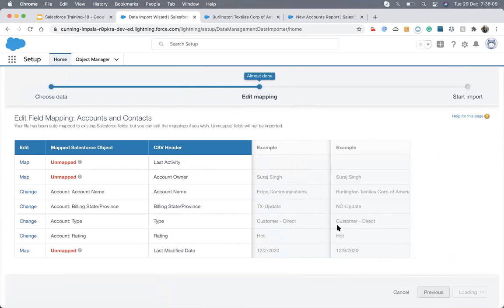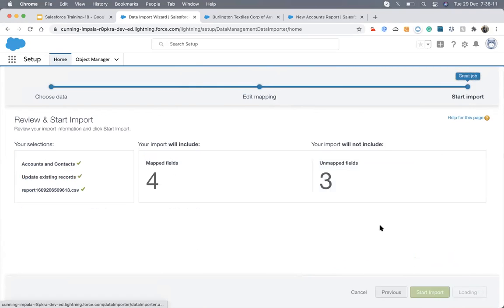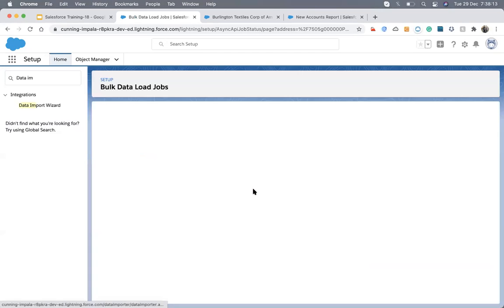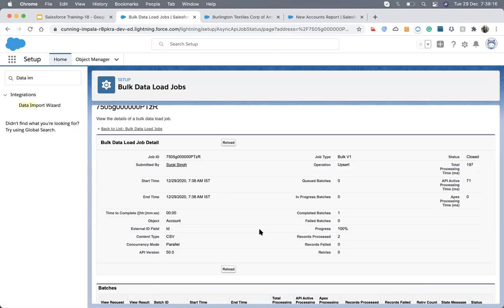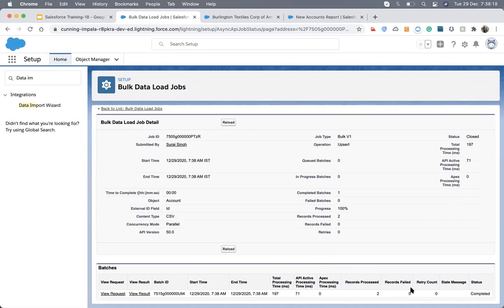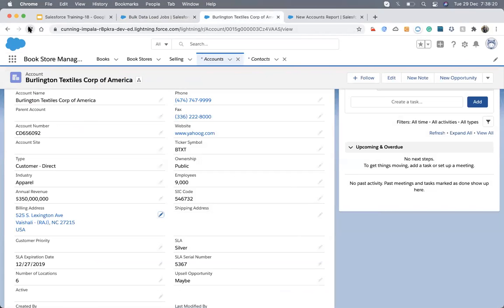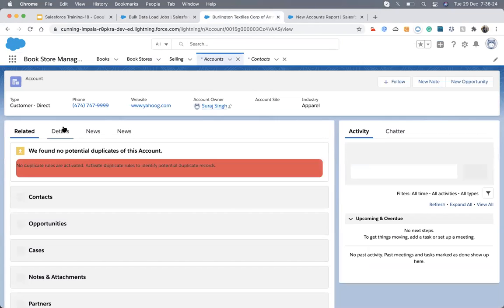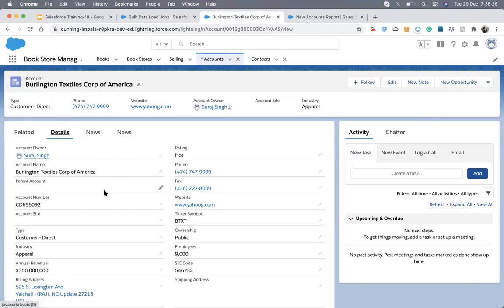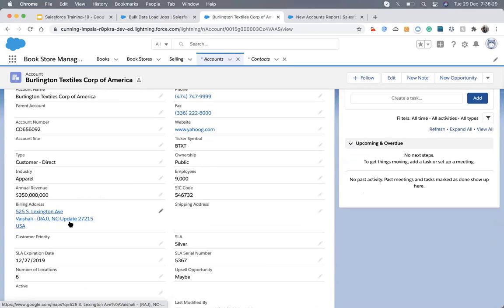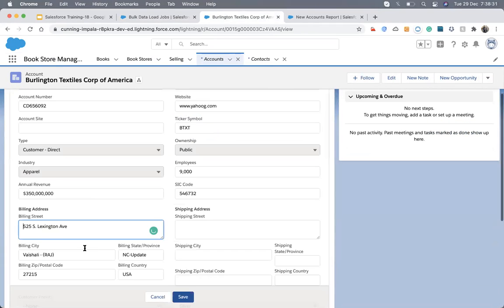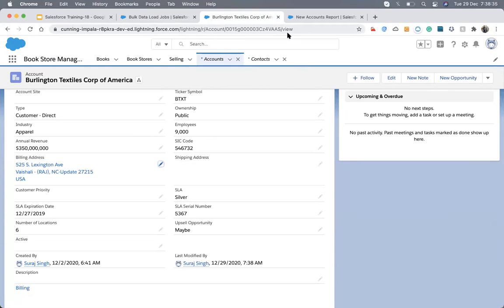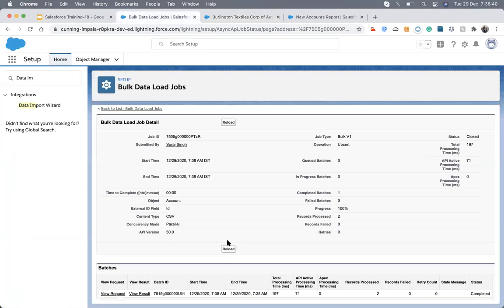We'll leave it as... yeah, it's now updated. Yep. Billing instance. So in this, I just forgot to click on the checkbox, so that's why it was not updating.